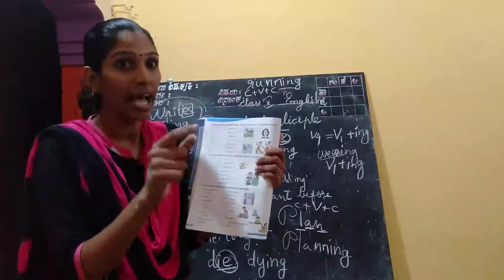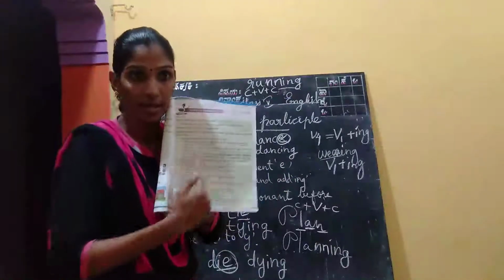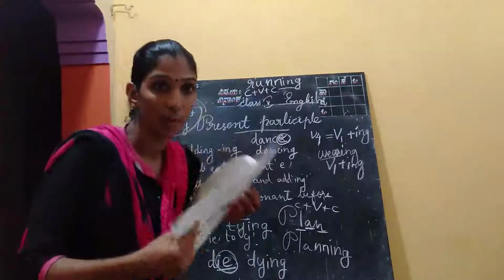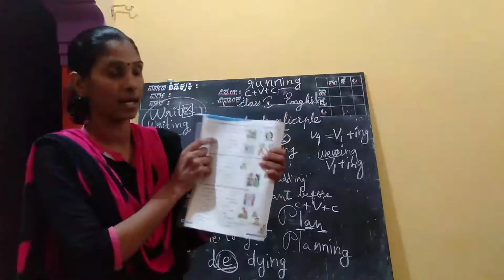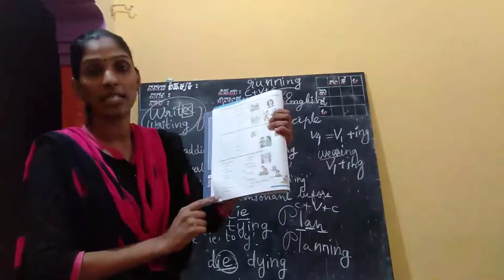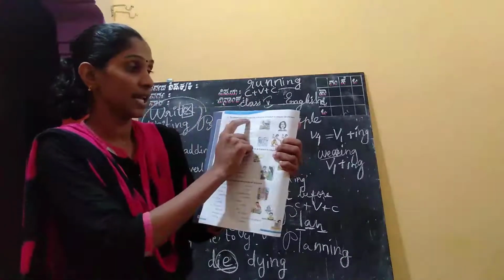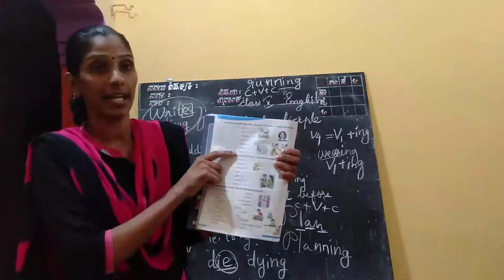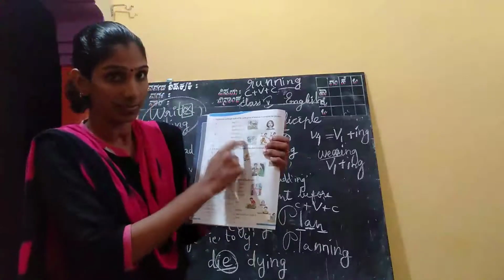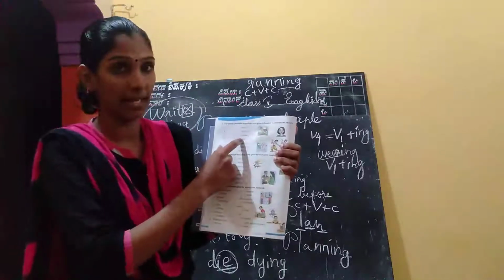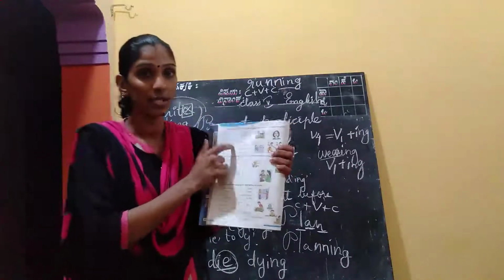With adding the ing form, you have to remember these rules. Okay. These points you have to remember and you have to fill in these answers. This is your today's homework. First activity from page number 16. Regarding the present participle, you have to fill the blanks by using V4 of the given words which are given in the bracket. You have to write V4 forms of those words. Okay, this is your today's homework.